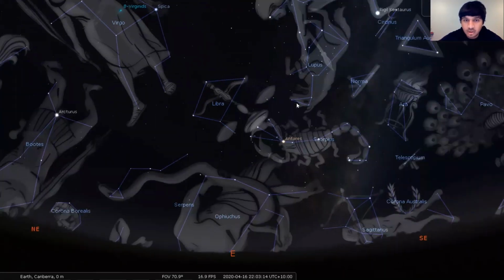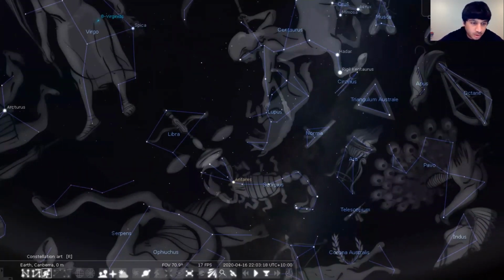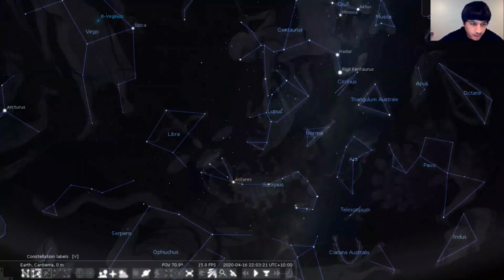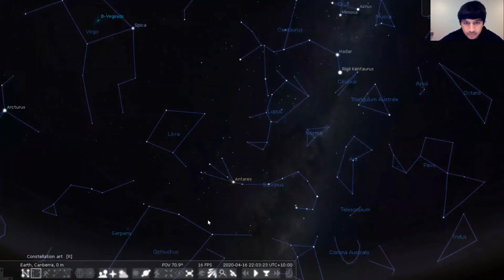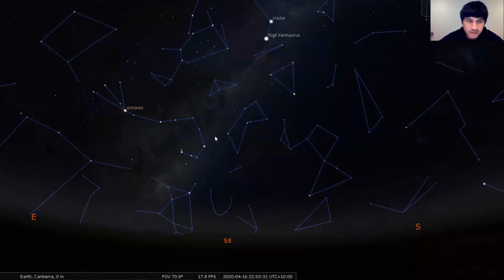For the sake of ease, I prefer to switch off the constellation art and the constellation labels. Sometimes a constellation is made up by some people and is not recognized internationally. Such constellations are called asterisms.